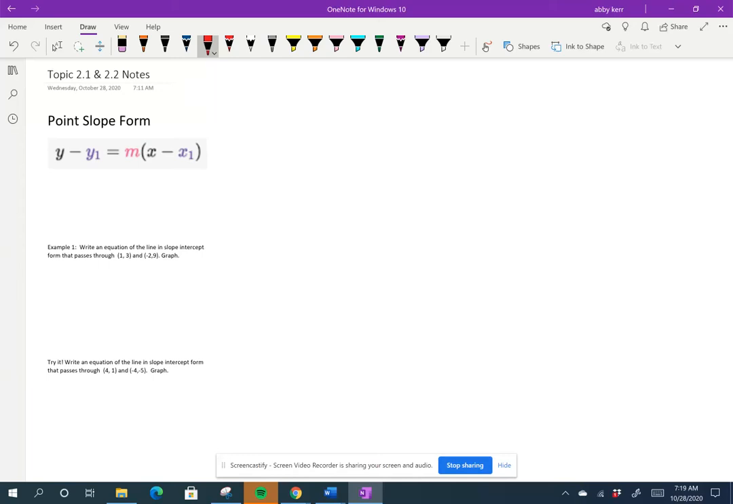In today's notes, we are going to discuss point-slope form. Point-slope form is just another form to write a linear equation. You need to have a point, and you need to have the slope to write it. Now, you should be familiar with